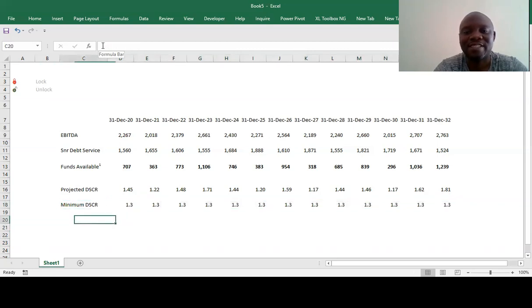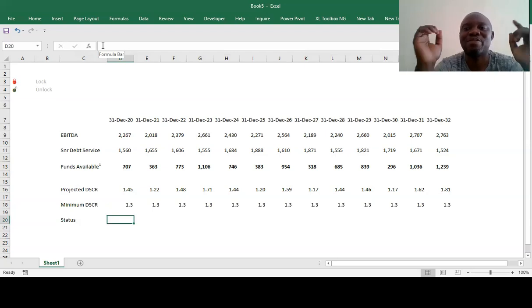So now the question is, this is where we look at the status. We want to check whether it's going to be locked. So anything that falls below 1.3, it means that the project will be locked. Then how do we model that going forward? And that is what we'll also be looking at.